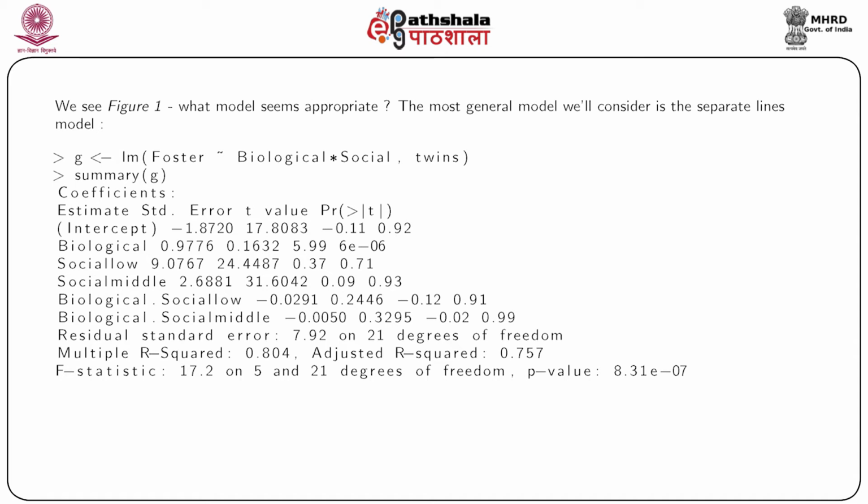between social low, social middle with the biological, with the person who was reared by the biological parents' IQ. So looking at the p-value, we can see that both these factors are insignificant in the model. Also, if we look at the p-value corresponding to the low and the middle social class of the biological parents, both of these factors, taking the high social class as benchmark, they are also insignificant.